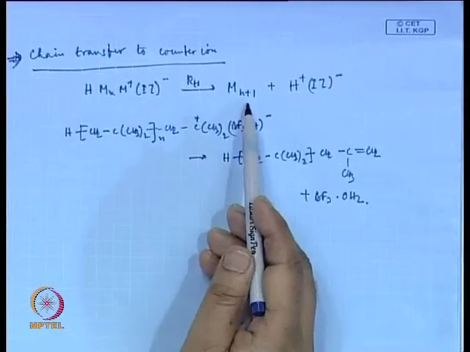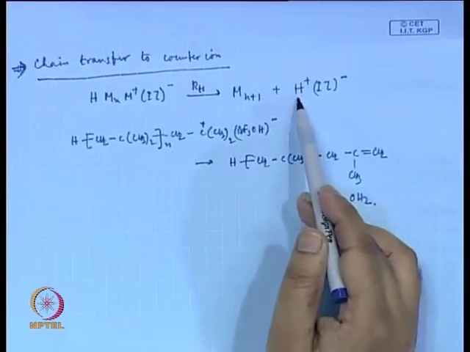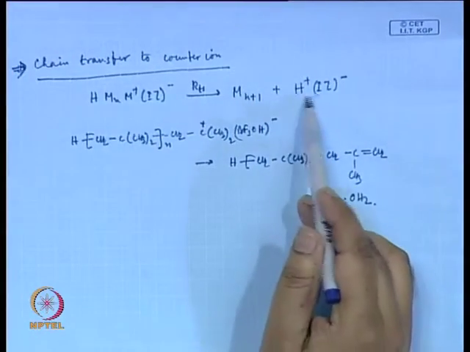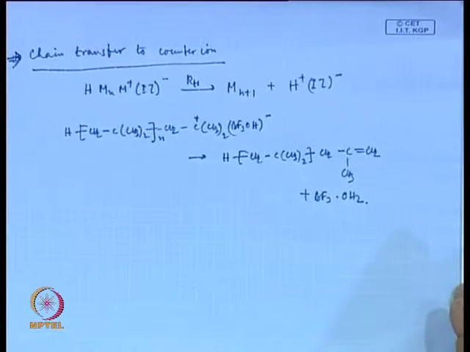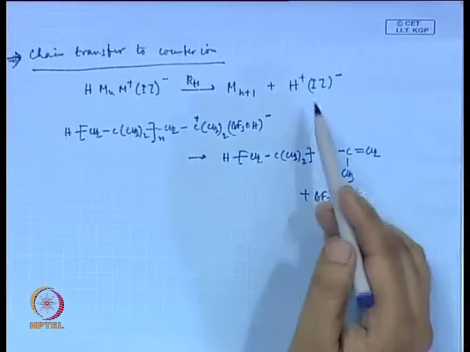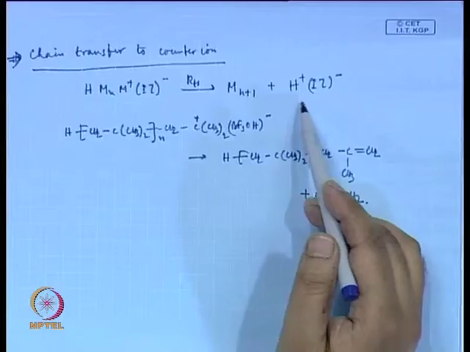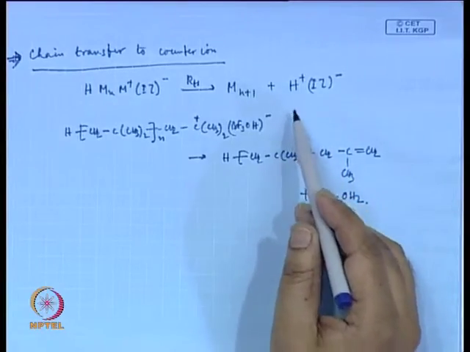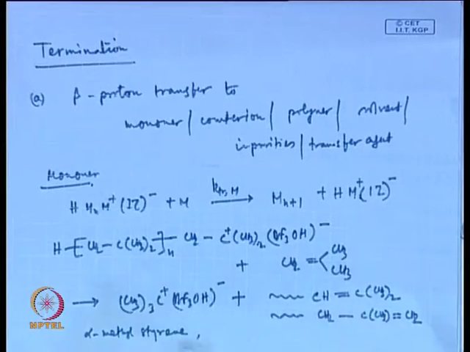So, you get a dead polymer plus a species, as in the case of the transfer to the monomer, and like in the monomer case, the resulting species as a result of chain transfer reaction is the same as